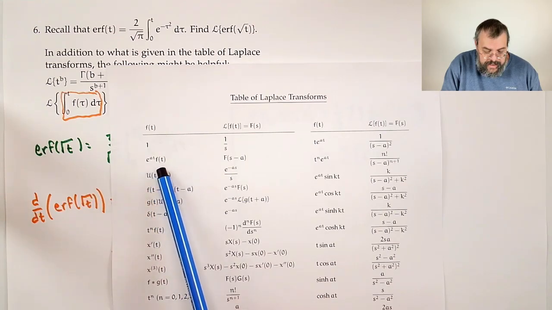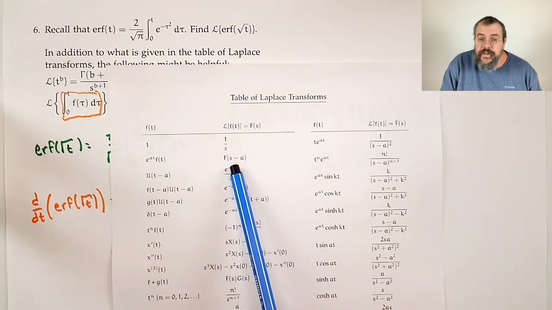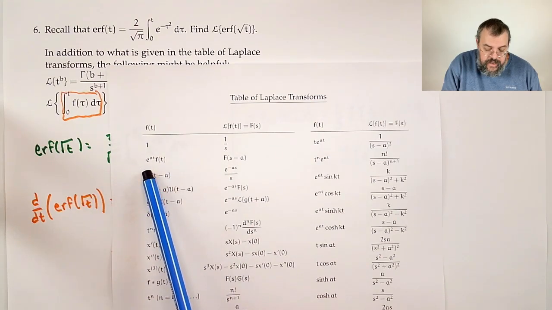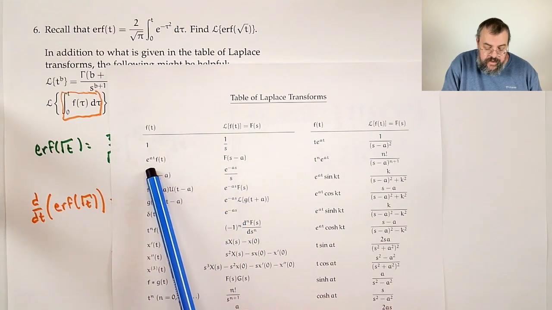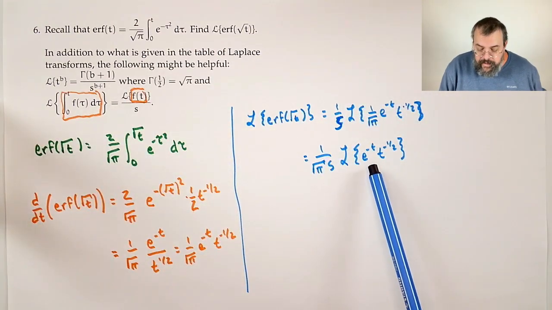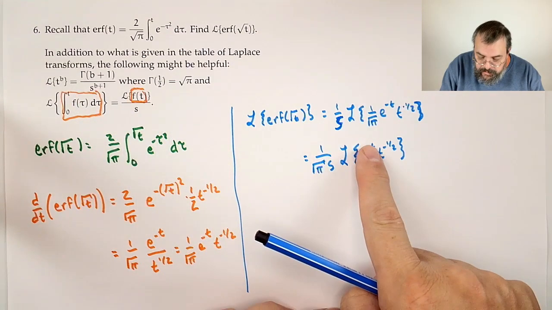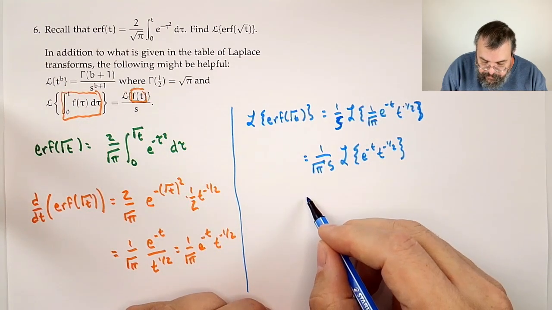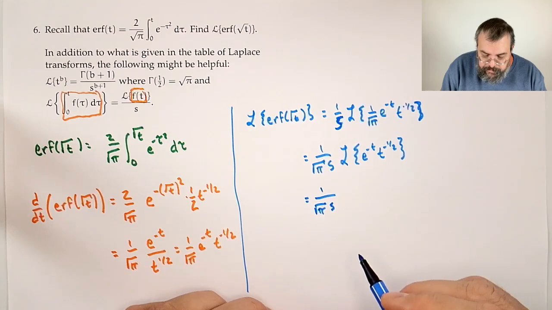So if I multiply any function by an exponential function, the result is shift the Laplace transform at the end. So if I'm multiplying by e to the t, that would be a equals 1, I'd shift s minus 1. If I'm multiplying e to the minus t, I'd shift s minus minus 1 means s plus 1. So the e to the minus t means we shift the answer. And now we're like, okay, because if you covered up the e to the minus t, it's exactly what we have here. So according to this, we would have 1 over square root of pi times s,